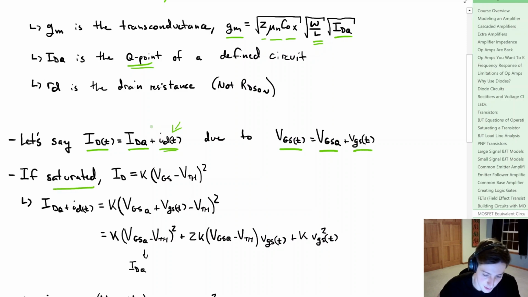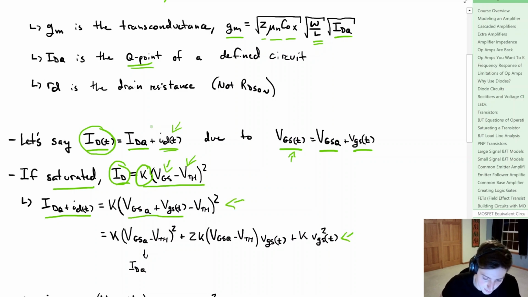Now for saturation, we know that we can represent the drain current like this, and again recall what K is from the previous videos, and we have our threshold voltage, which would be defined by the datasheet. Now if we express this drain current in terms of this current up here, we get this term on the left, and then on the right hand side we simply replace VGS with the time dependent version, and that gets us this. Now we can expand this whole term out to arrive at this term,